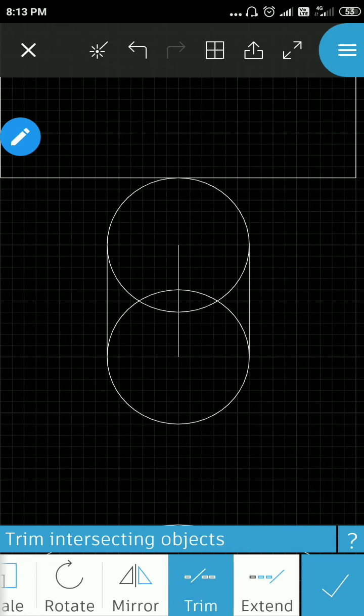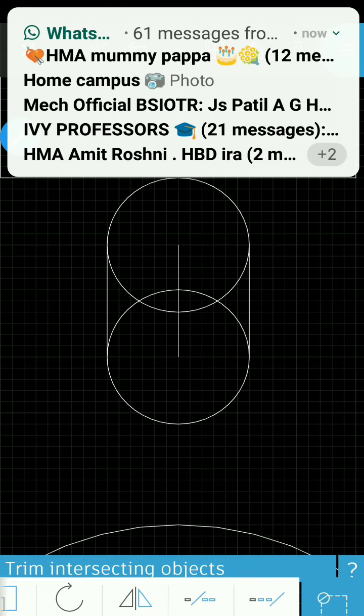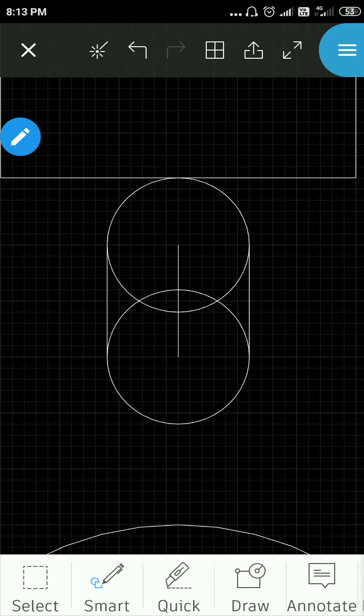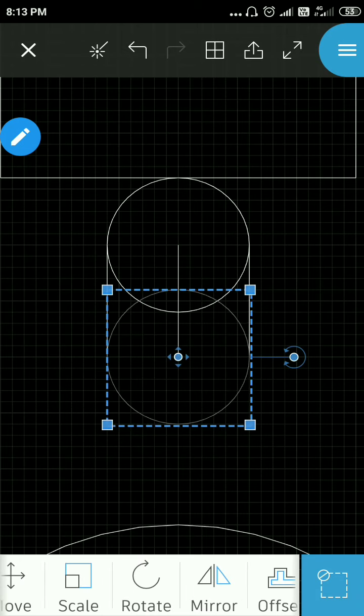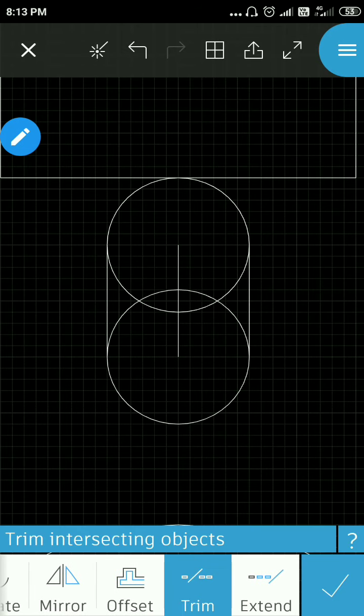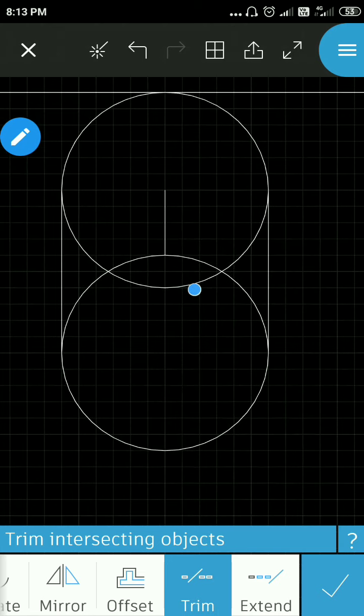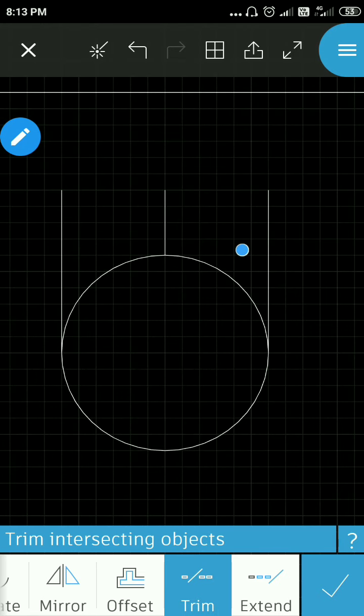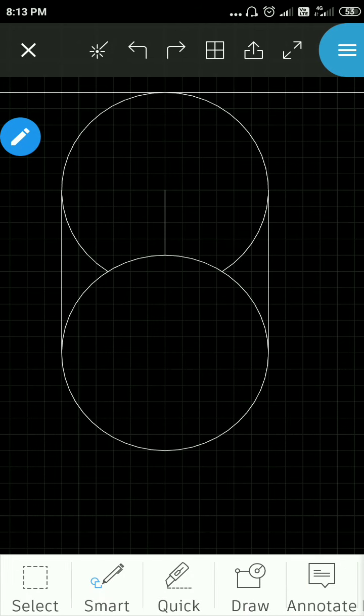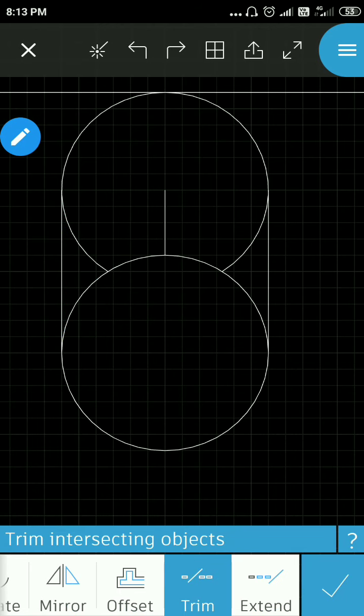Okay, so here you need to keep in mind what portion you want to delete, or what unnecessary portion is there. You need to select one object over here and then go for the trim command. Now select this one, trim intersecting objects. So this is the intersecting object. You can do that. Then again you can do the same thing by selecting this one. Go for trim, choose the